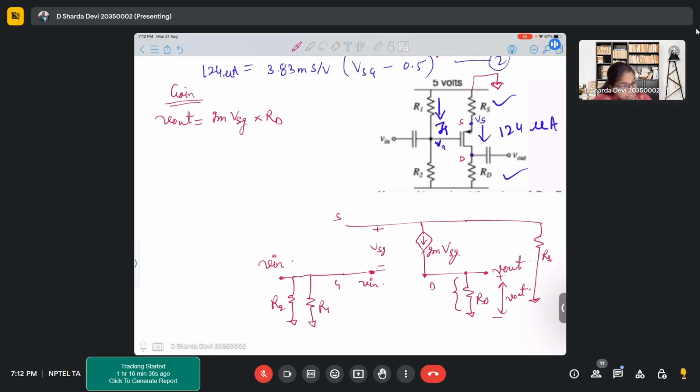Yeah, gm Vsg into Rd is V out. So we have found out V out. Now here we know that Vs is this particular voltage, right? So how to write this voltage? This voltage can be written as